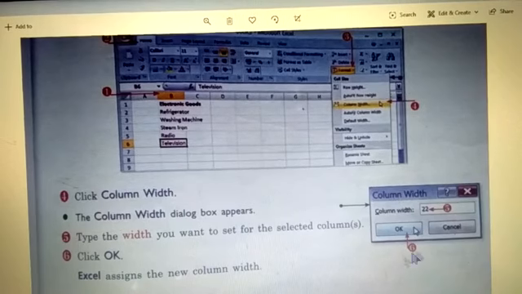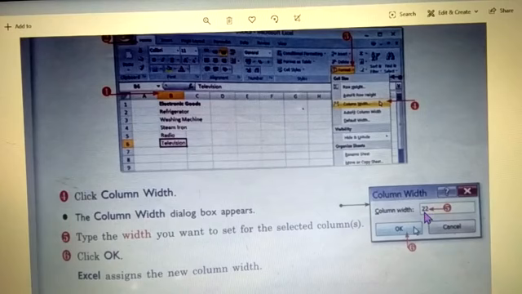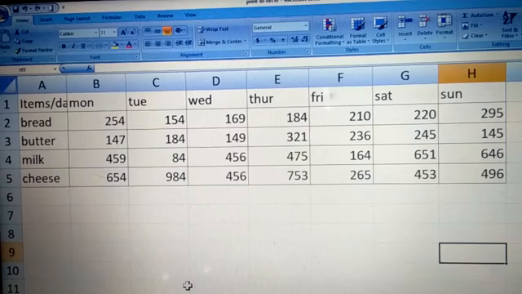After that, one dialog box will appear like this, and it will ask you for the amount, the number you have to type. Whichever number, how much length you want, you can type here. Okay, whichever width you want, you can type here. After inserting the data, you will click on OK, and you will see the changes. Fine. Now what we need to do, we have to see this practically.